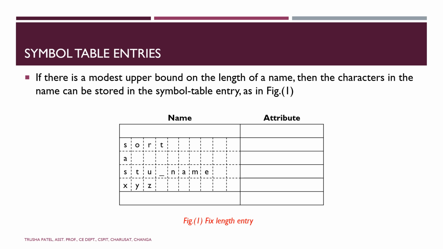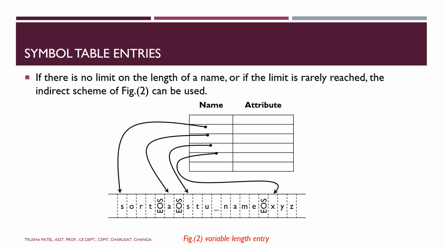So here the length of the name is fixed, but due to very small variable names, there will be wastage of memory, right? As well, if we try to go with a variable name of more than 31, in that case it won't allow us. So we can go ahead with the second option, that is the variable length.